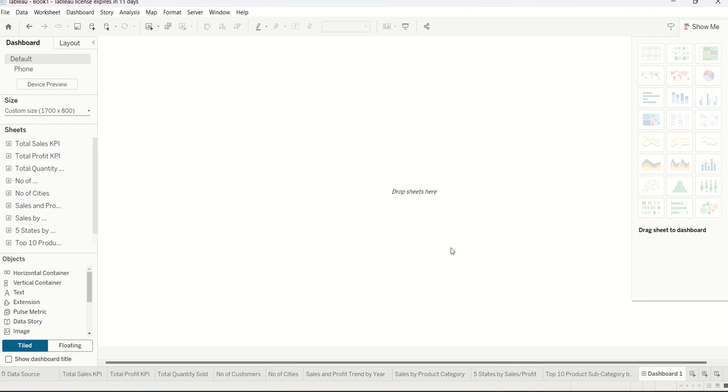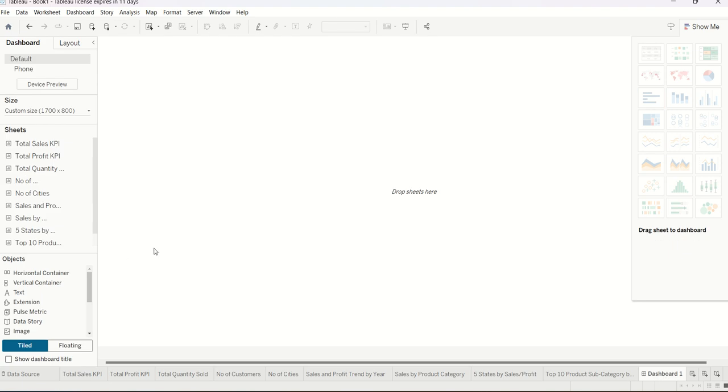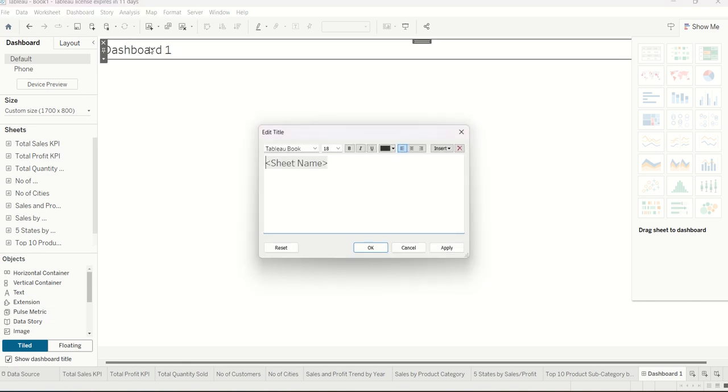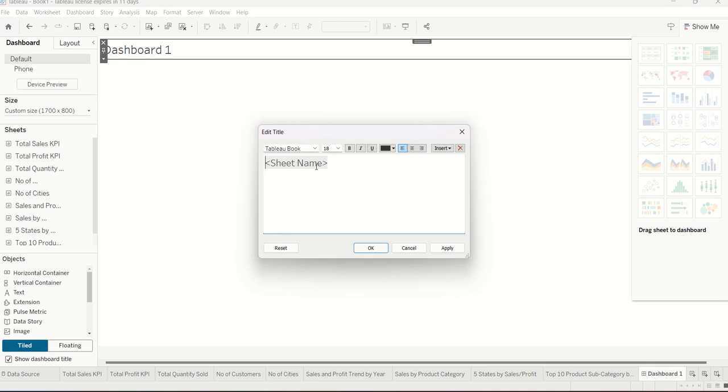So the first thing I want to bring in is my KPI. No, I don't want to go back. A dashboard, yeah, this is our dashboard. And I want to show my dashboard title. Yes, the dashboard title is Superstore. So what did I do? Sorry, I double clicked here, and the sheet name came out. So I'm going to do Superstore